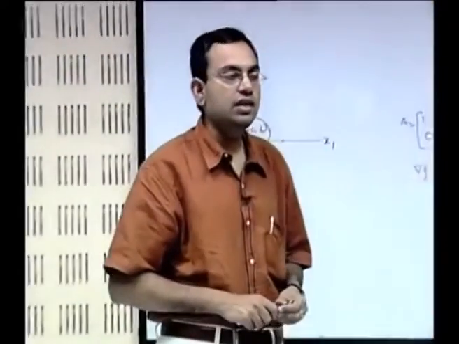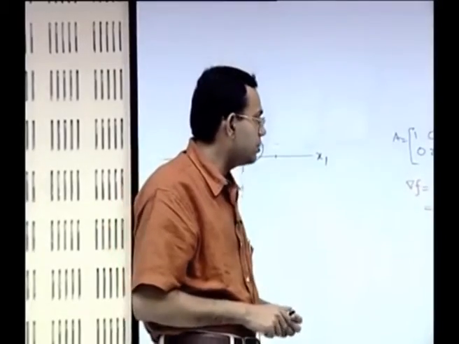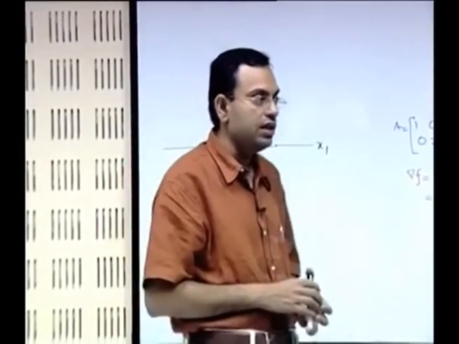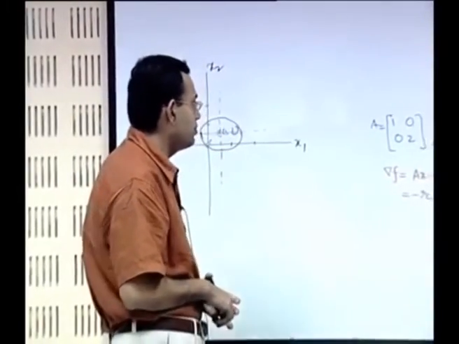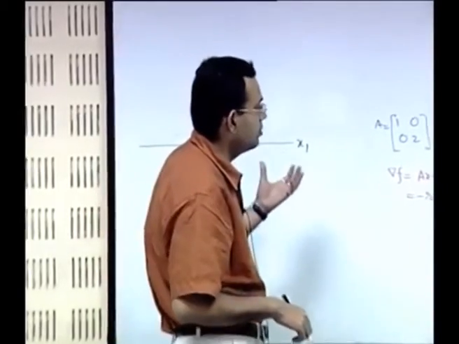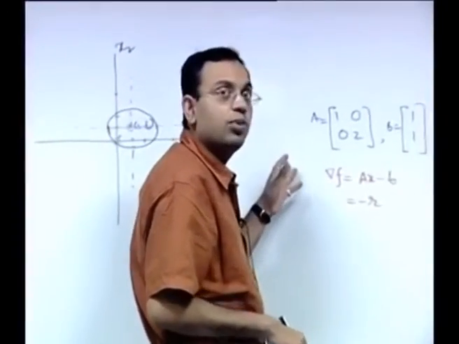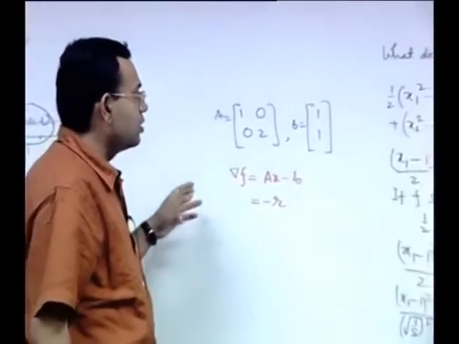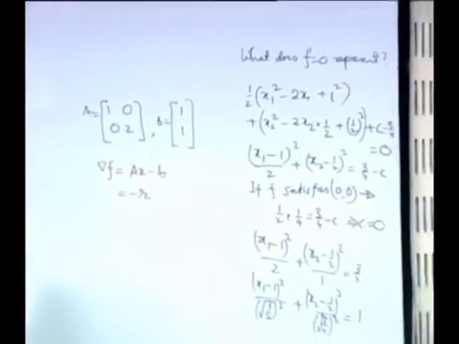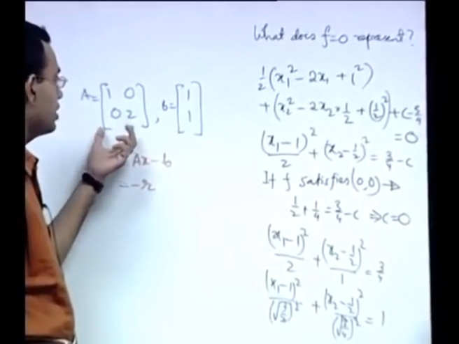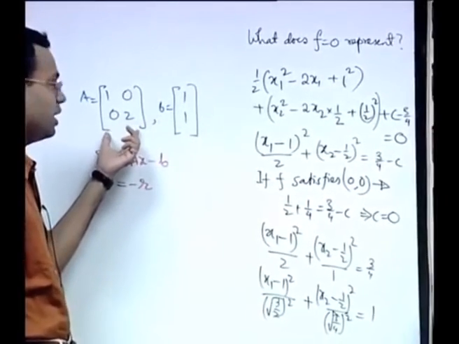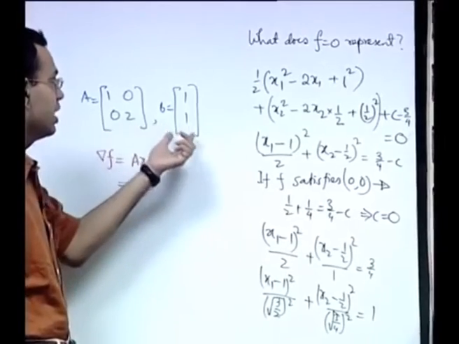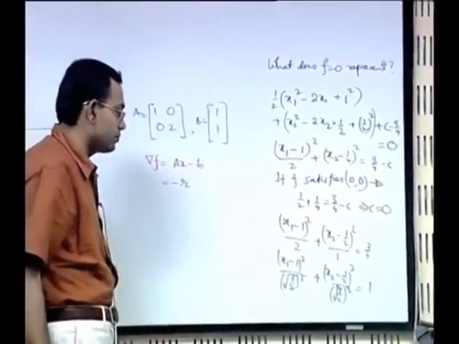In our previous lecture we introduced the concept of the gradient search based techniques, and we tried to illustrate one of those methods with the help of an example. So we will continue with that example. In the example our objective was to solve the system of equations Ax equal to b, where A is given by this matrix and b is given by this vector.